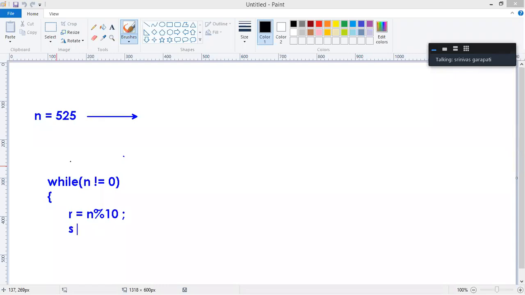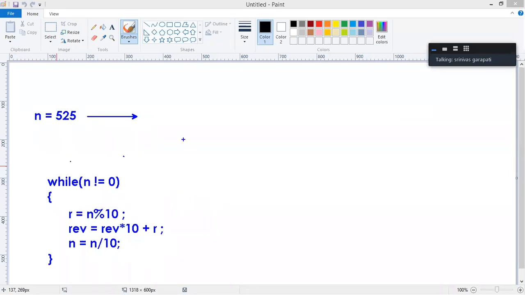After that, whenever we were adding to the sum, here we use reverse equals reverse into 10 plus that remainder value, and next n equals n by 10. In the last session we saw how to find the digit sum. Digit means the remainder you will get. That digit sum we have seen already, but this is different.